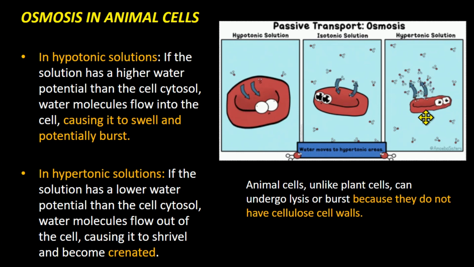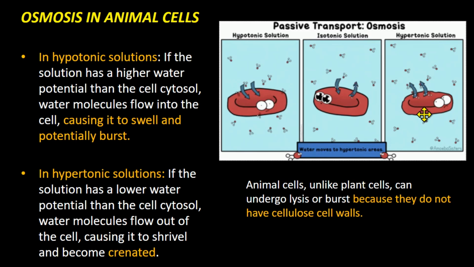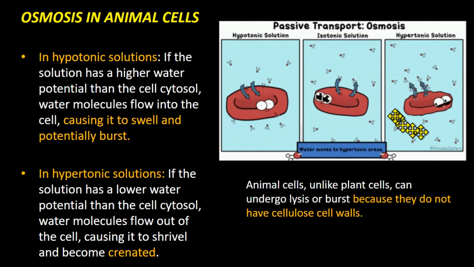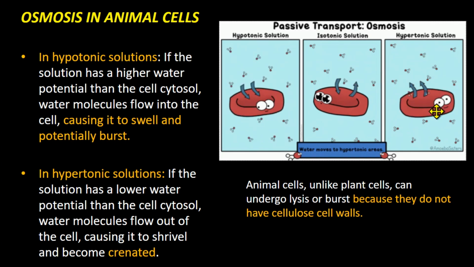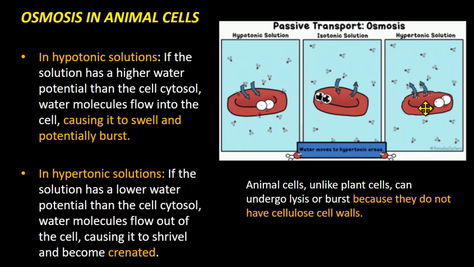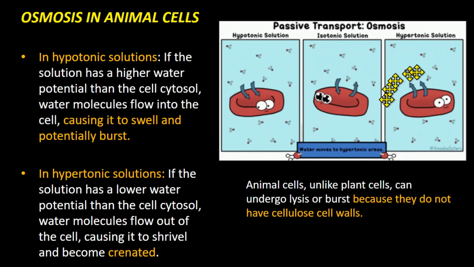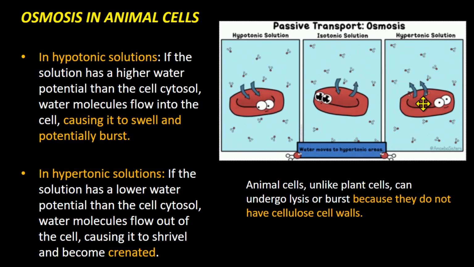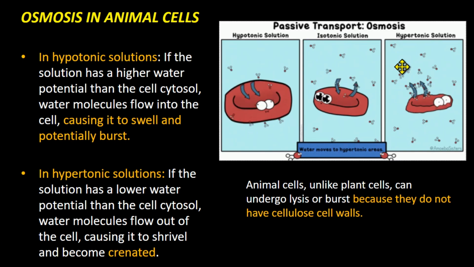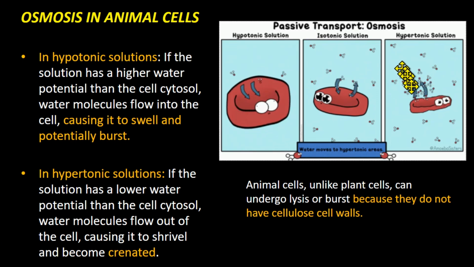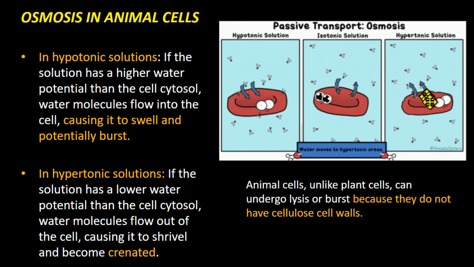In hypertonic solutions, remember, most of the sugar here is on the outside, so there's very little water on the outside. Water is going to flow out of the cell because the solution is going to have a lower water potential. Inside the cell there's going to be a higher water potential. So water is going to flow out of the cell cytosol and into the solution. So water molecules are going to be lost by the cells, and this is going to cause it to shrivel